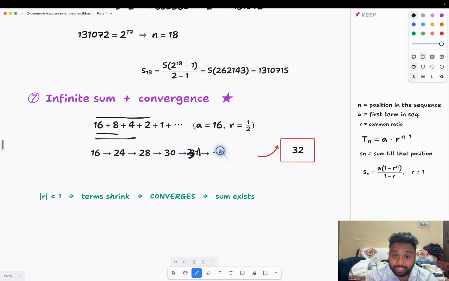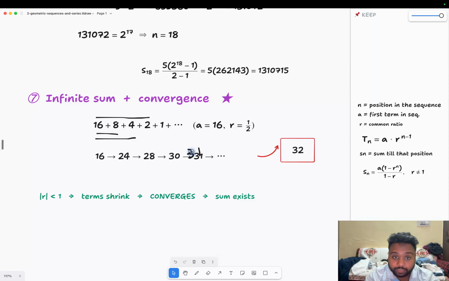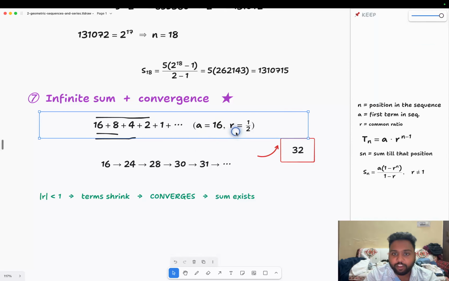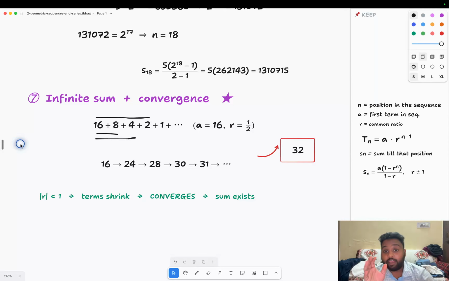So now, if we keep on going and going and going, how far do you think, how big do you guys think this is going to get? If we keep going till infinity in this series, the total sum is going to be 32. Okay, you might find it hard to believe, or that might be something which is very difficult to imagine. We will add some nice visuals and I will explain how geometrically and how visually this